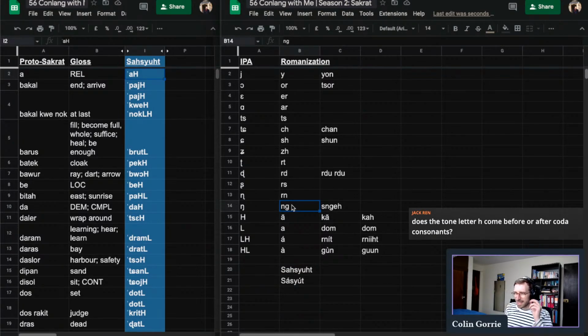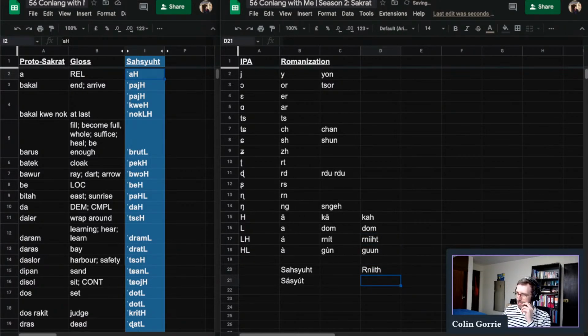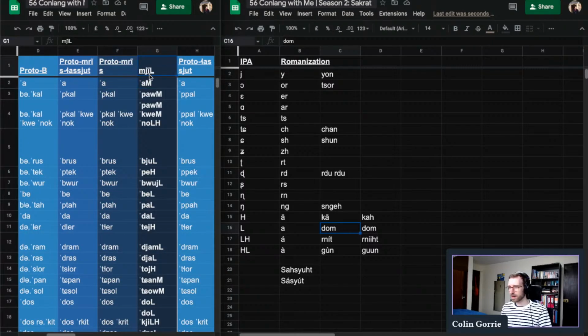So the way I've done it, the tone letter comes before coda consonants. Otherwise, we get something like neat, which, I don't know, I think HT looks a bit better. The nice thing about this is H is a good mnemonic for high tone, so it's easy to remember. Okay, so that's sásjút, and then we have, I need to write down